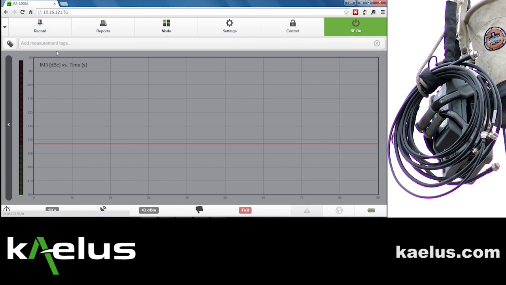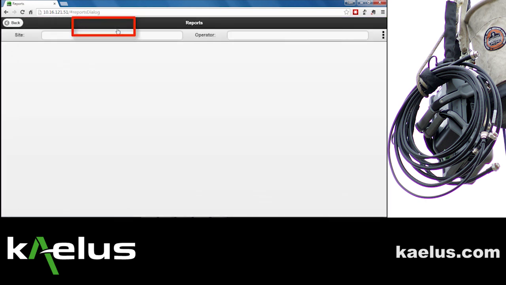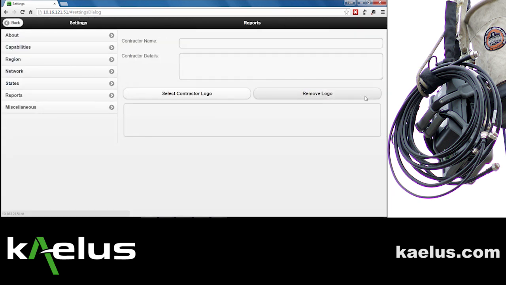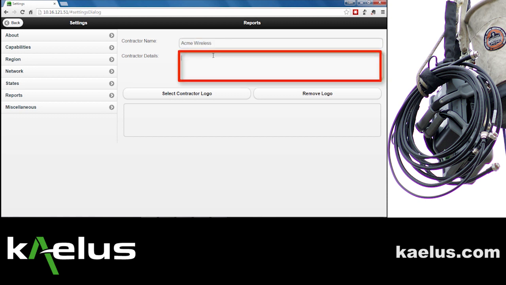The final step in preparation for the test, which can be done at the site or at the warehouse, is to prepare the report header. Selecting reports, we have the option to set up the settings. In this case, the contractor name, being the contractor who does the work, can be entered. His details, which would be the point of contact for this contractor, are set up such that if there are questions in the future,